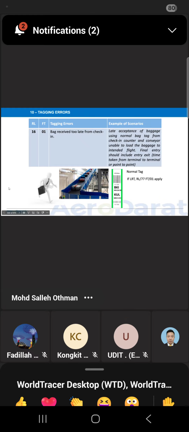So if the passenger is a late check-in, do not issue a normal tag. Issue a limited release tag. That's the baggage tag, with a copy of the baggage tag there and a small portion that the passenger has to sign. If you issue a limited release tag but the passenger does not sign, the contract is not there. It is automatically cancelled. So whenever you issue the limited release, the passenger has to sign.